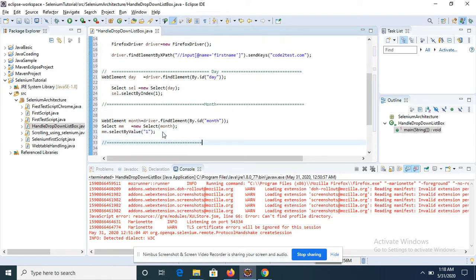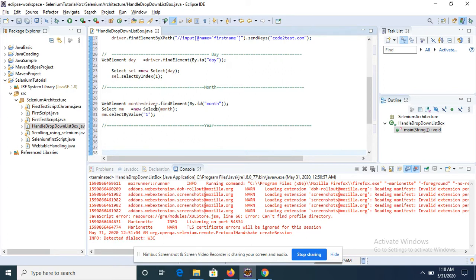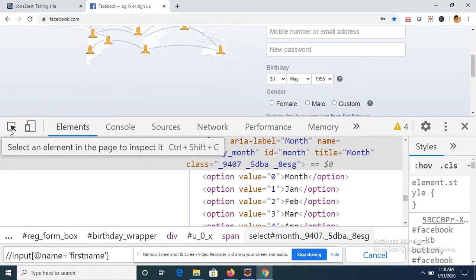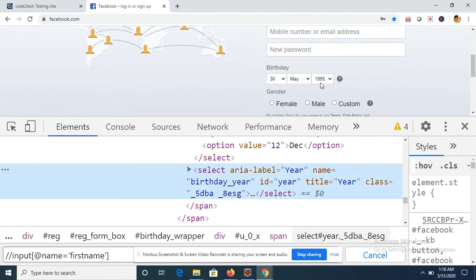So now the last list box is year. We'll be doing the same thing. We'll be taking the XPath of this third element, which is year. Again, we have multiple ways to find my locator. We can use XPath, we can use name, we can use ID, we can create CSS also. For right now, I am taking ID.